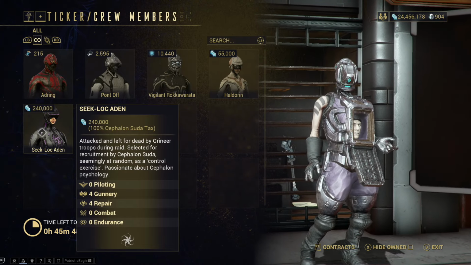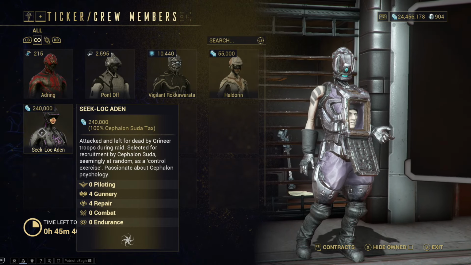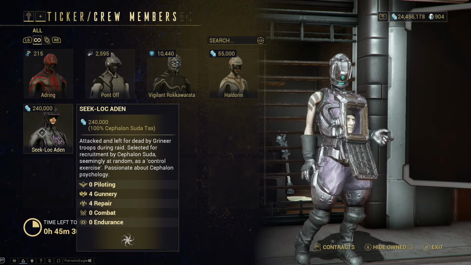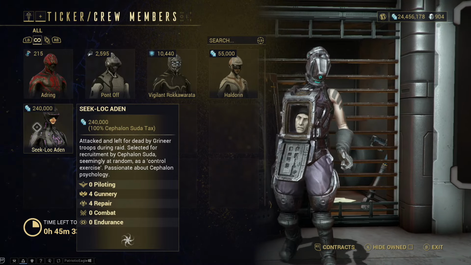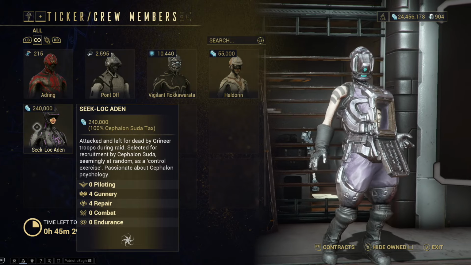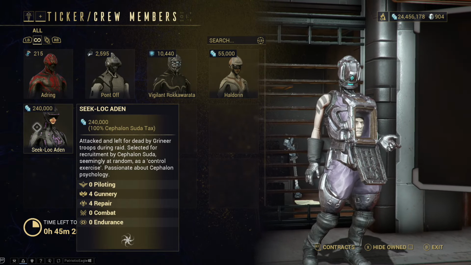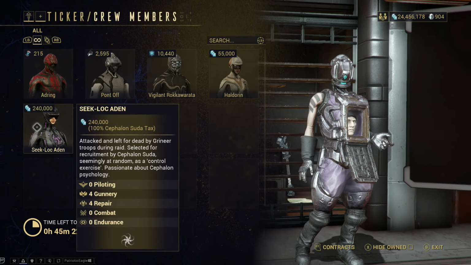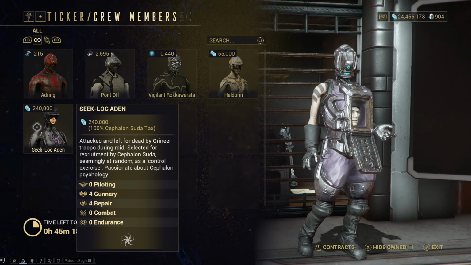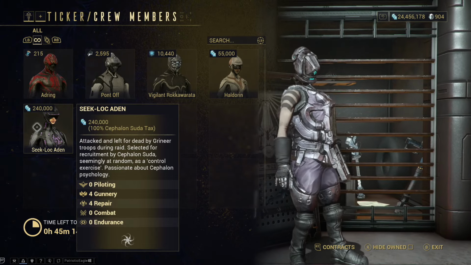So realistically, this is exactly what you want. The main priorities are repair and gunnery. Those are the 2 most important stats. So realistically, you want at least, bear in mind, we can add 3 points to the crew members. So realistically, you want to have at least 1 crew member that has 3 in gunnery and 4 in repair, or vice versa. This is because your most important crew member is going to be the repair crew member, because